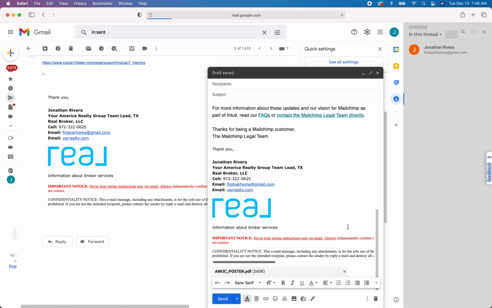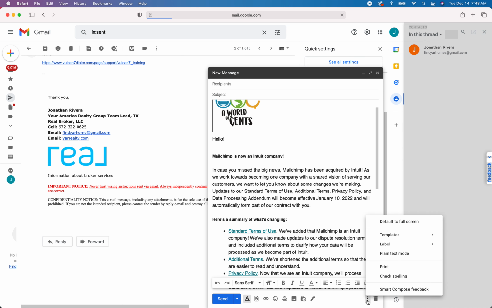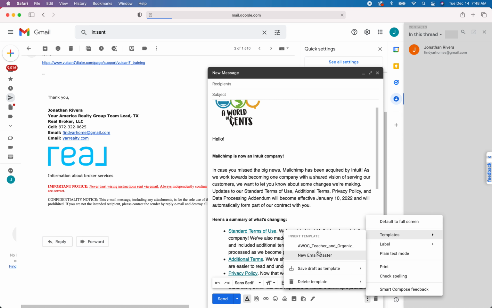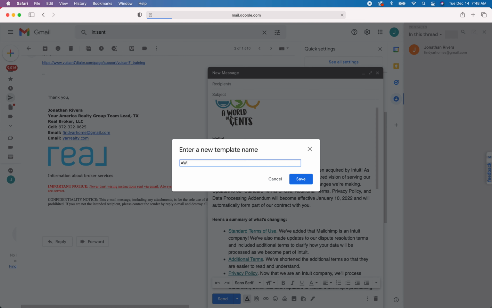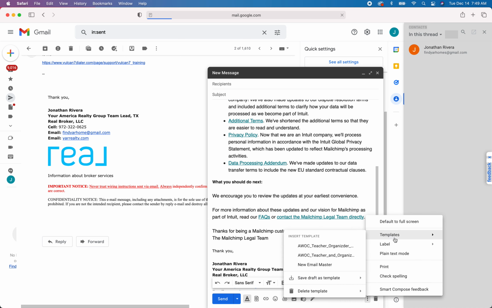So now the rest of the time I'm going to spend really tailoring this message to what it needs to say. I'm going to go down here and click templates. I need to delete this one. Delete template. I'm going to save this one. Save draft as template. Save as new template. AWOC teacher organizers final. Cool. Then I can go in and delete my templates that I have that I don't want,